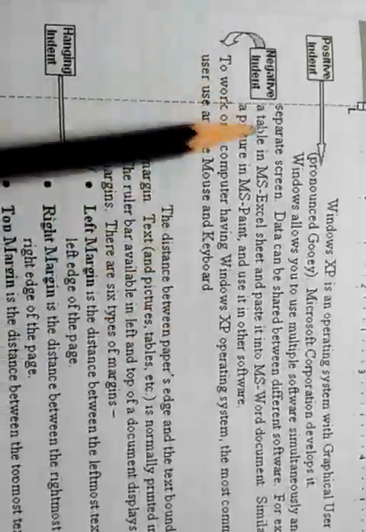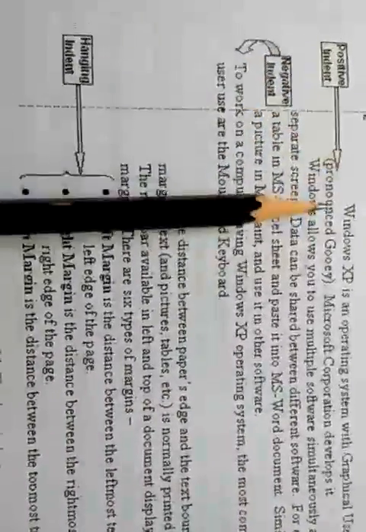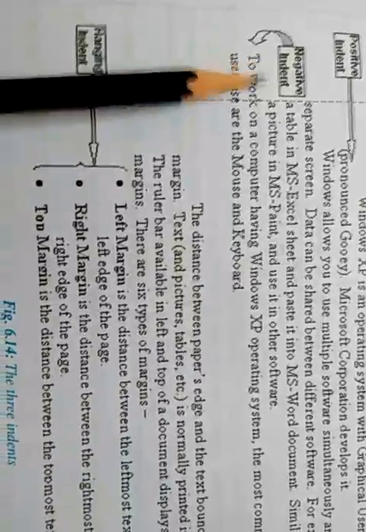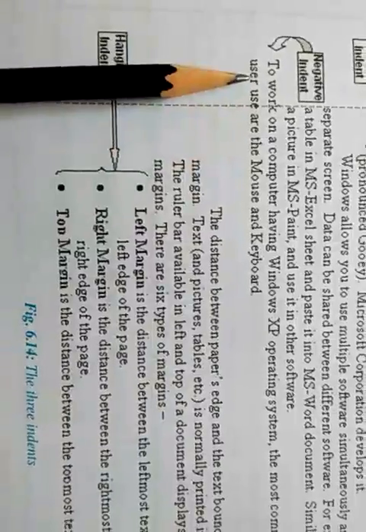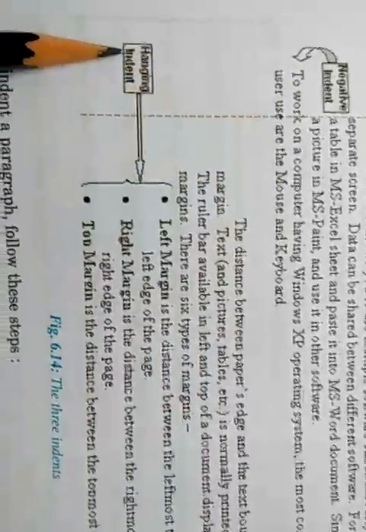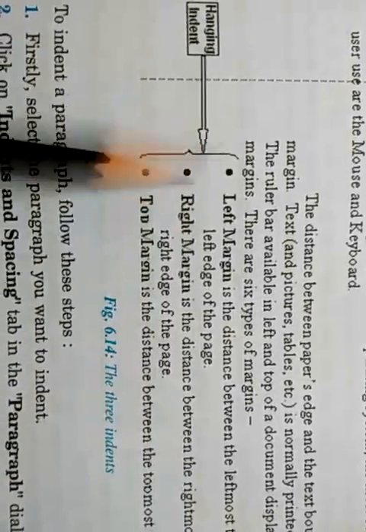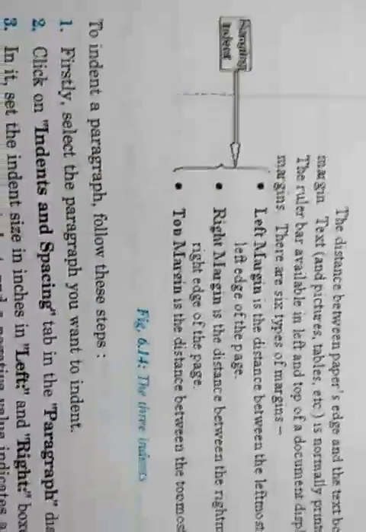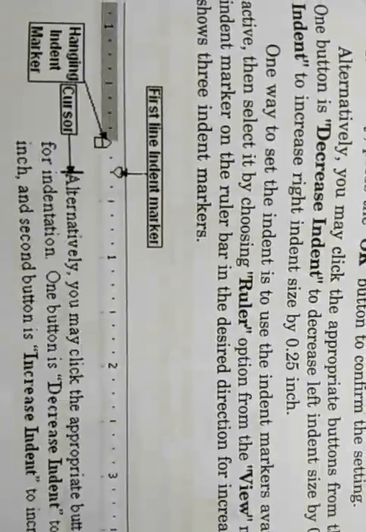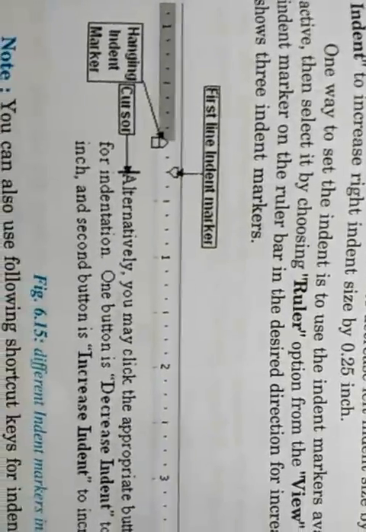Now see here with the help of an example. So this is the positive indent and this is the text boundary. So this will be inward from the text boundary. This is the example of negative indent, so the text will be outward from the text boundary. In case of the hanging indent, these will be in bold, these will be in a bulleted or numbered list within a paragraph. You can also decrease and increase the indentation from the ruler on the top side.